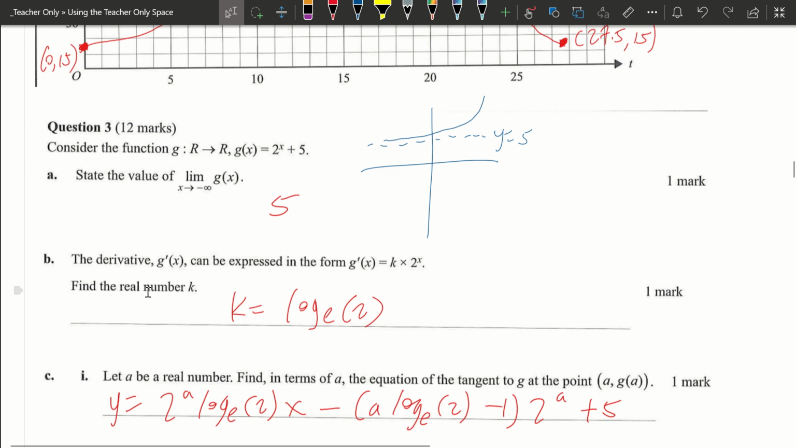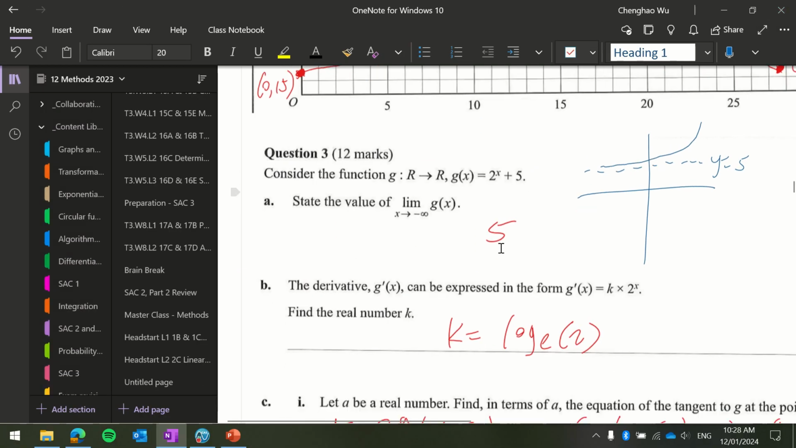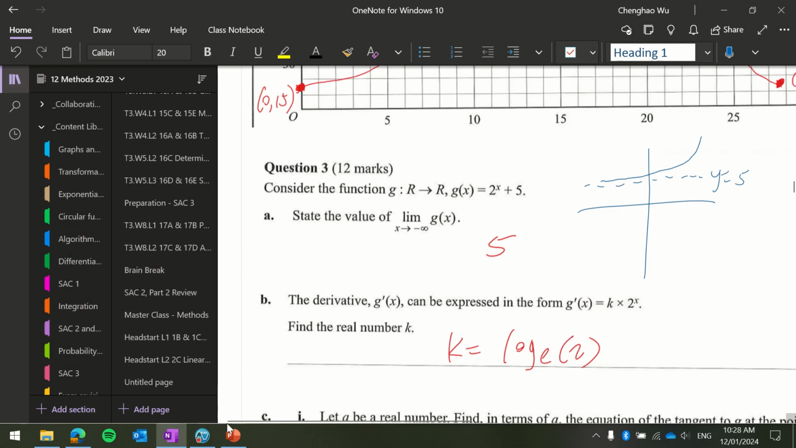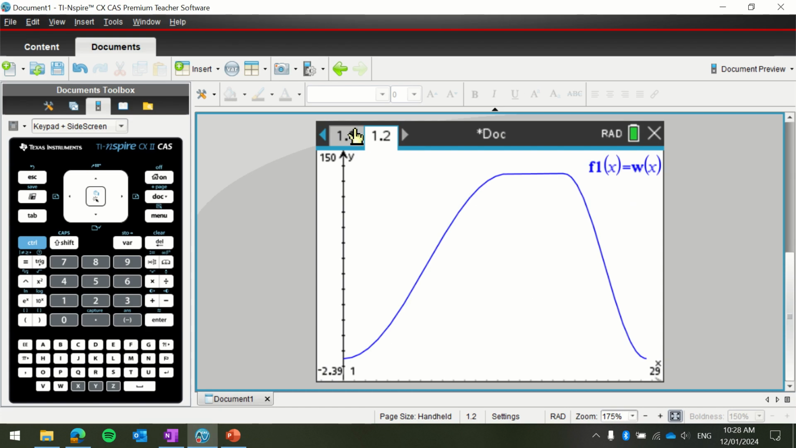And then the derivative g dash can be expressed in this format. Find the real number k. Well, that's a calculator question. You can differentiate any exponential function by hand. There is a formula to differentiate any exponential function with any base. The base doesn't have to be e to the power of x. The base can be any real number, and you can differentiate. There's a formula for it. You will learn it in uni. But for now,